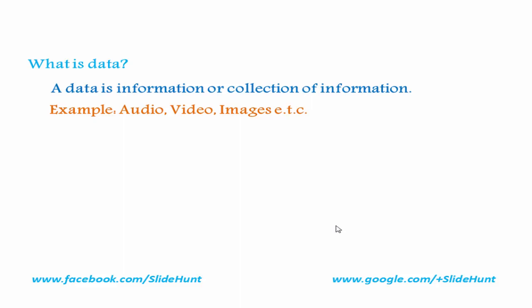For example, if we want to store the age of a person, then we need to declare an integer type variable. But if we want to store the name of a person, then we need to declare a character type variable. Computer works with a large number of data, and to access a data quickly, we need to organize them properly. And this is called data structure.